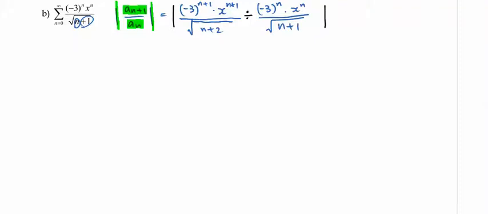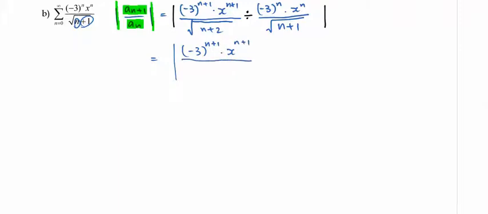The first part, negative 3 to the power of n plus 1 times x to the power of n plus 1 divided by the square root of n plus 1 plus 1. Then you will end up with n plus 2. And this divided by the nth term, which involves negative 3 to the n times x to the n divided by the square root of n plus 1. If you are weak in algebra, you can always take a step or two just to simplify these expressions here. So I can go one step further